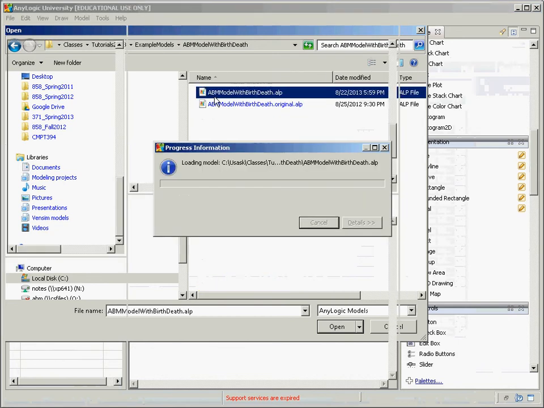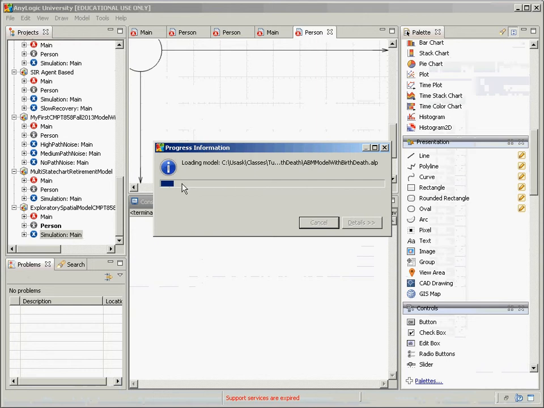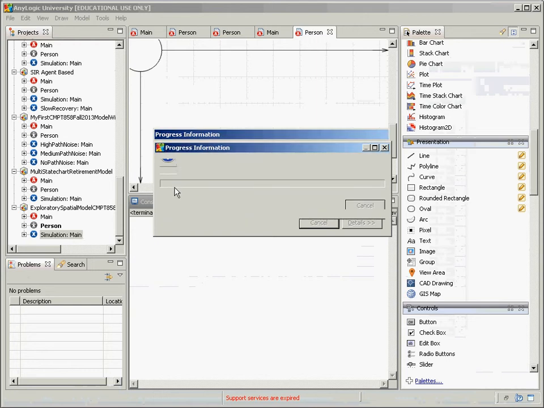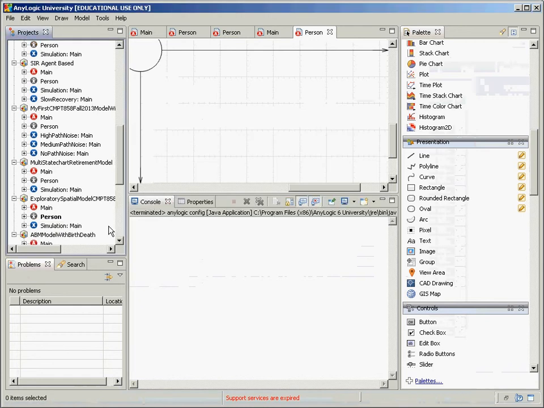So we're gonna open it. Yes, close it. I'm just loading it in. Good. Okay. So first of all, let's go run this